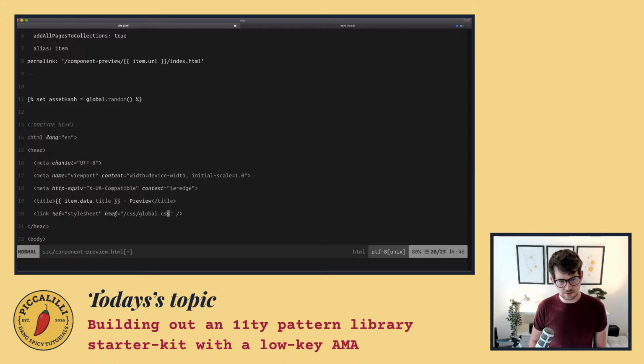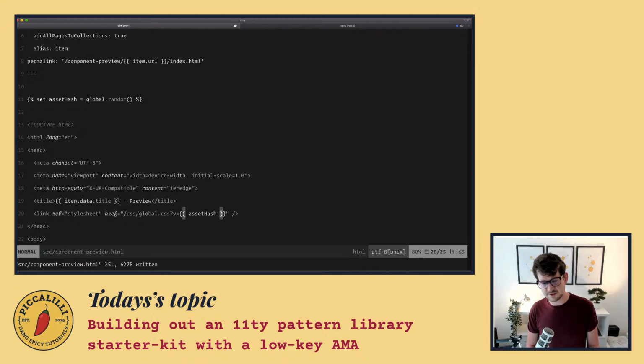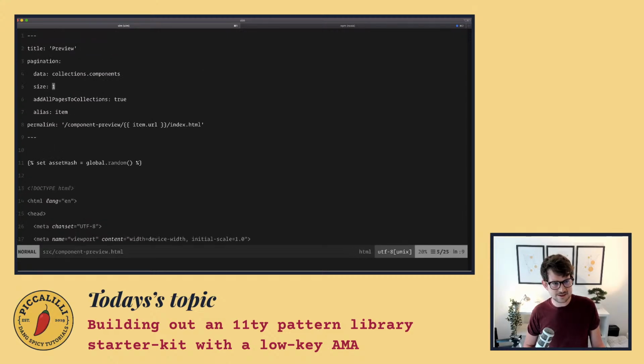Oops. And then I'll say v equals asset hash. So what the asset hash does is it creates a random string. And because each time Eleventy builds, it'll generate a new random string, the idea is that when you publish your site, like with Netlify or whatever, when the site builds, you've got a brand new cache. So it's a good cache busting thing. Now this is